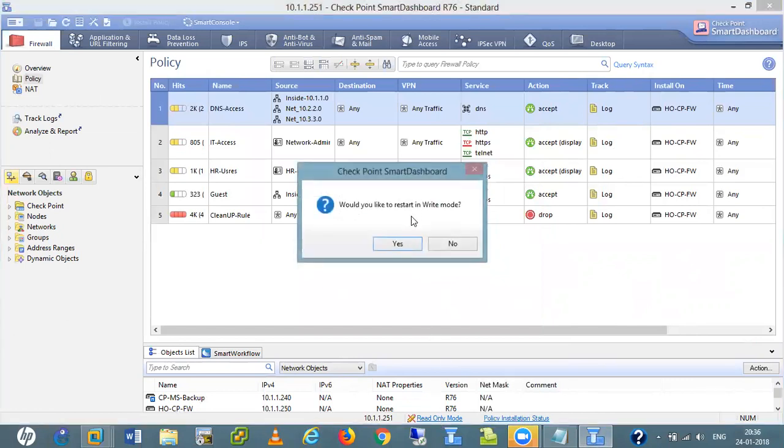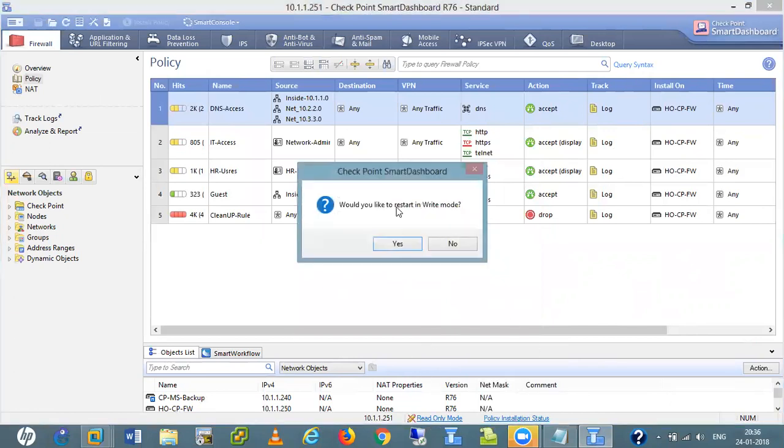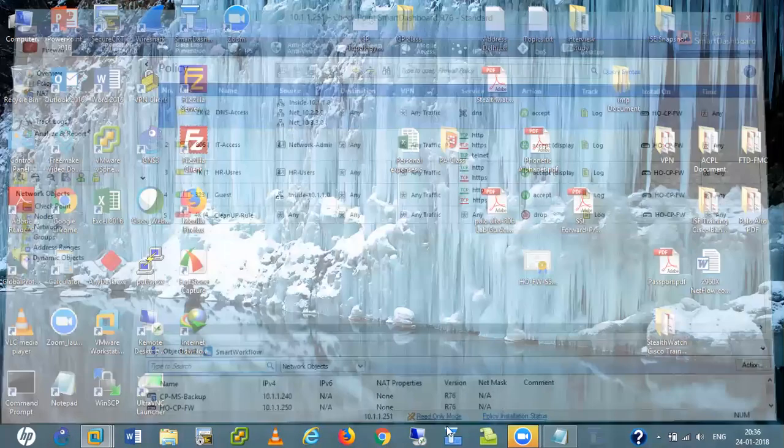See, right now I'm going to change my mode. Yes, we start to write mode. Now let me also configure the log server. Let me first change the mode. Let me directly close.